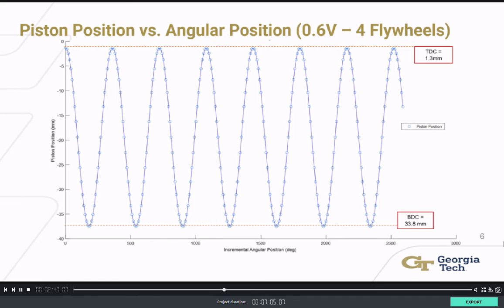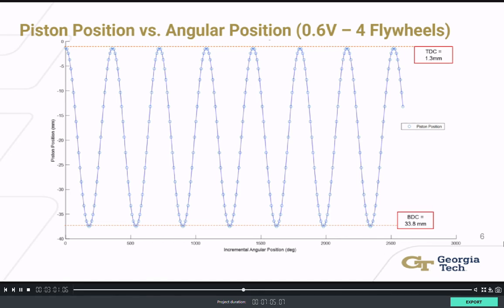This is one example graph of the piston position versus the angular position. The movement of the piston was approximated to be a sinusoidal wave, with its maximum at the measured position of top dead center and its minimum at the measured position of bottom dead center. This is useful for our overall goals because we can easily characterize each stroke of the cycle with knowledge of